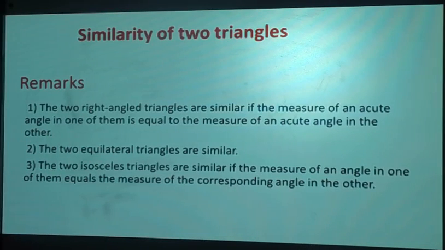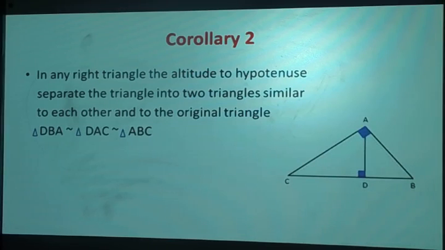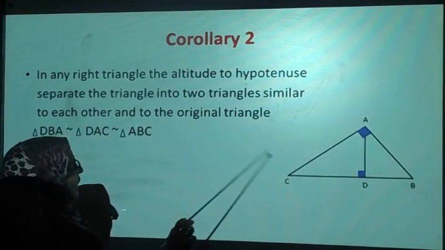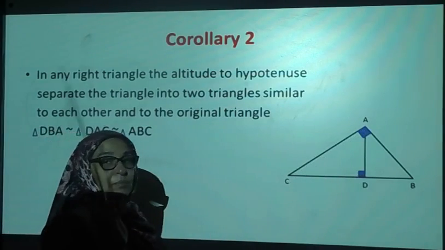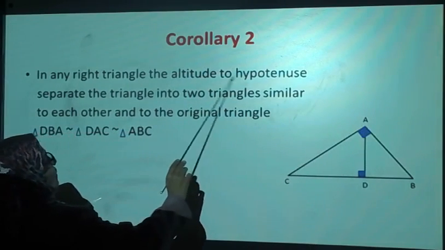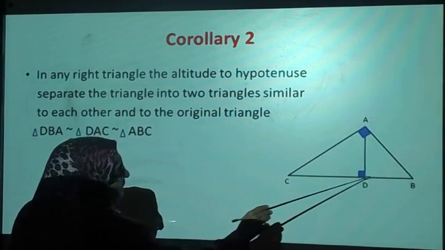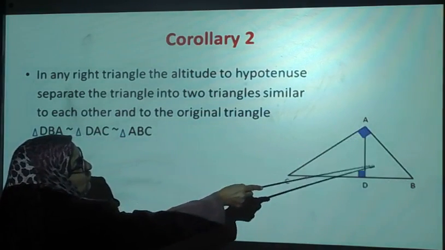Now let's go to our Rule number 2. In any right angle triangle, let me show you the right angle triangle. This is our right angle triangle. In any right angle triangle, the altitude, meaning the perpendicular to the hypotenuse here, because in front of the right angle there is the hypotenuse. So the altitude from the right angle to the hypotenuse